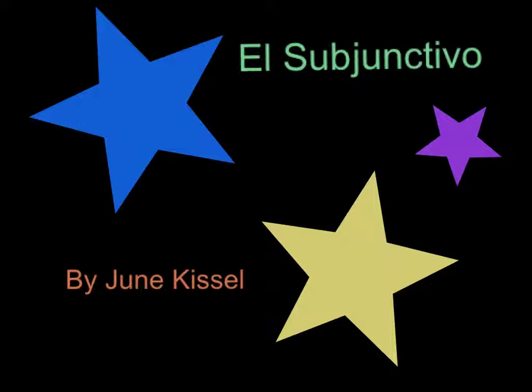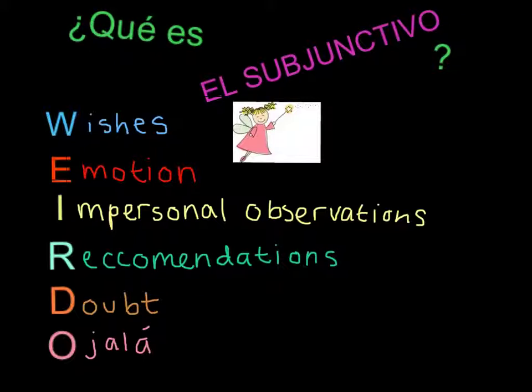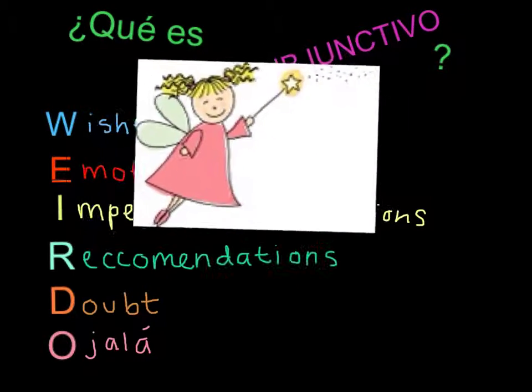El subjuntivo por junio. ¿Qué es el subjuntivo? We use the subjunctive to describe things that may or may not happen. Additionally, we can use the acronym WEIRDOS for when to use the subjunctive. WEIRDOS stands for wishes,